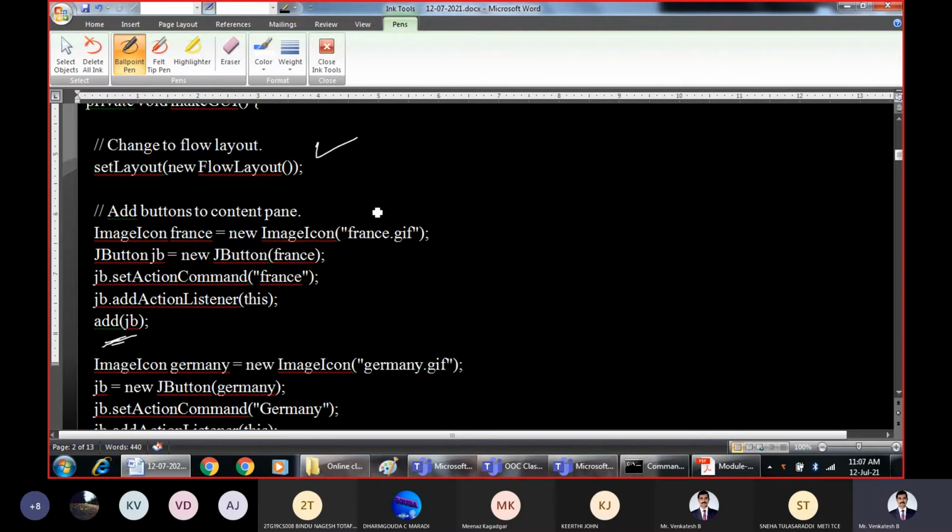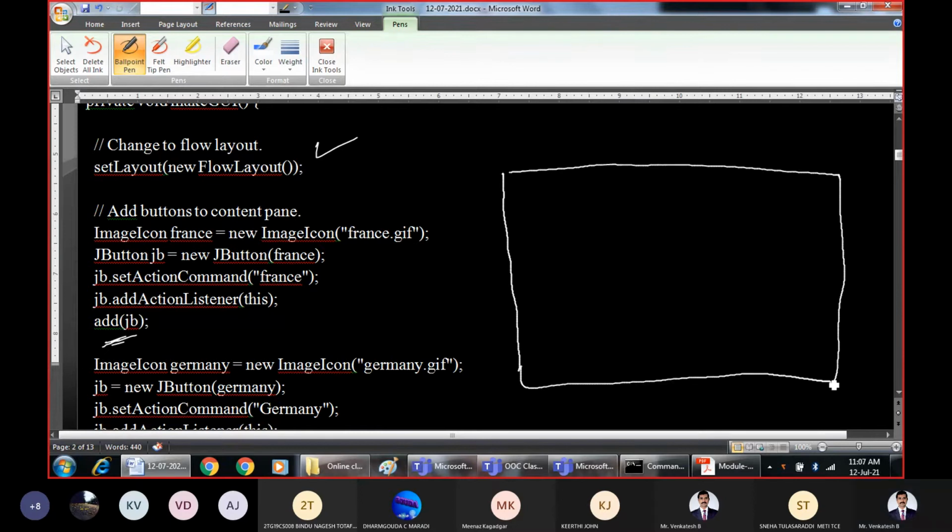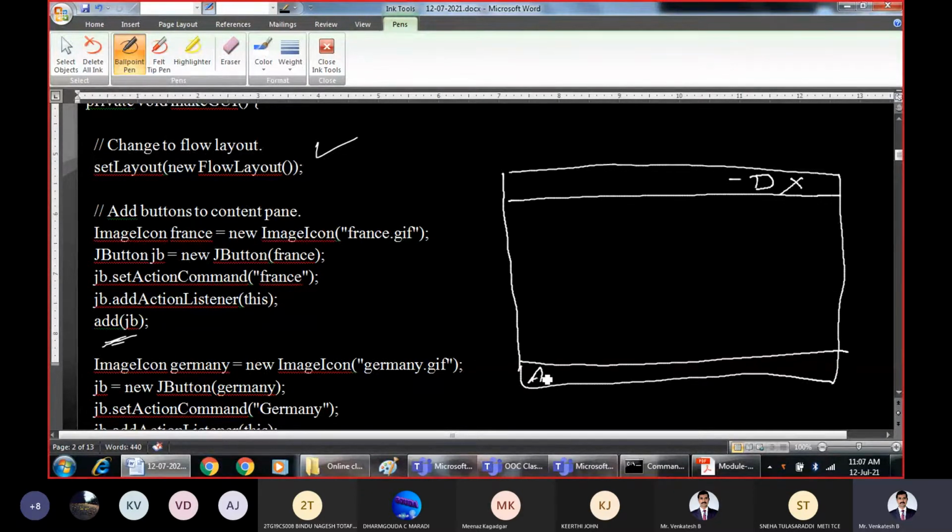For our understanding purpose, I'll take this as the content pane. So this is Swing and this is applet. So let us have some assumption like this.